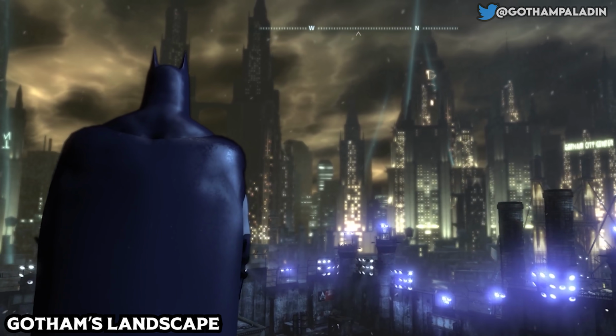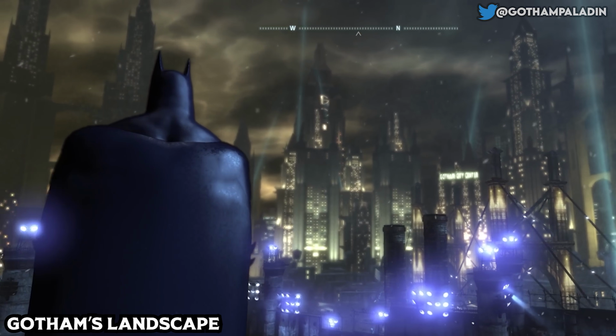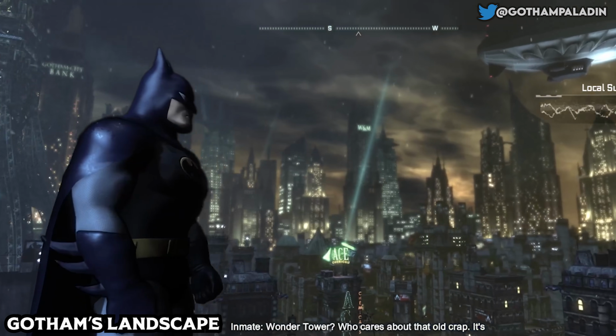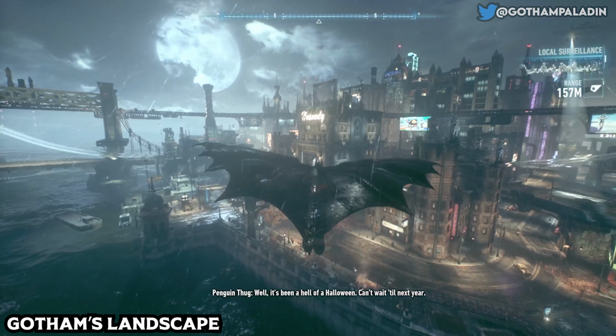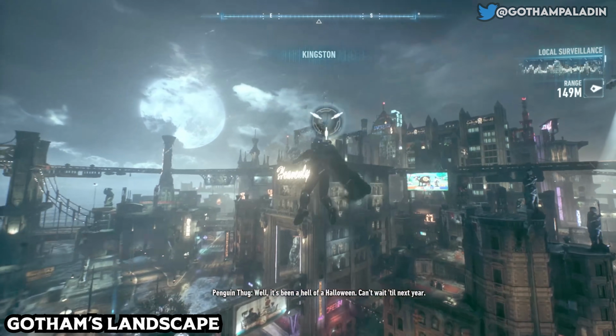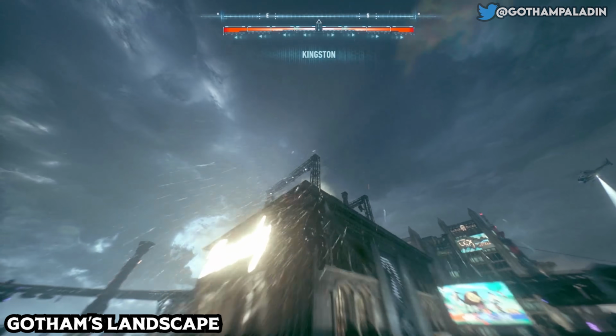Because in Arkham City, this is not the city that we see in Arkham Knight, but it's not anyone's fault or anything. They're not going to build a city if they want to use it in the background of Arkham City. That would be ludicrous, right? But yeah, it does count as a retcon, I suppose, since it is different.